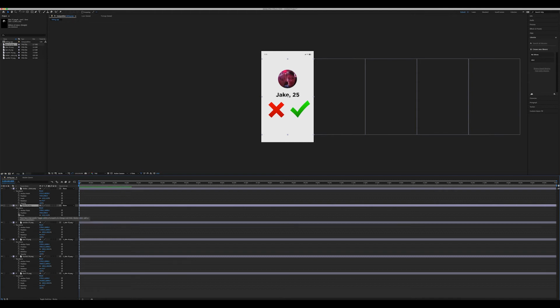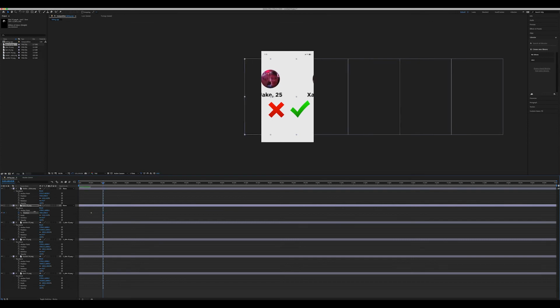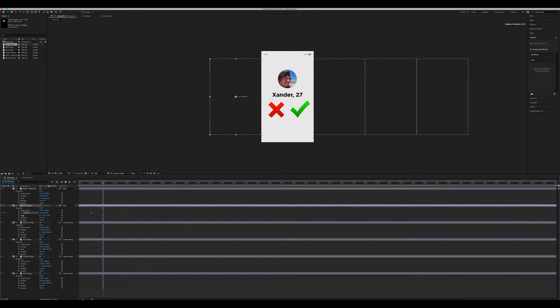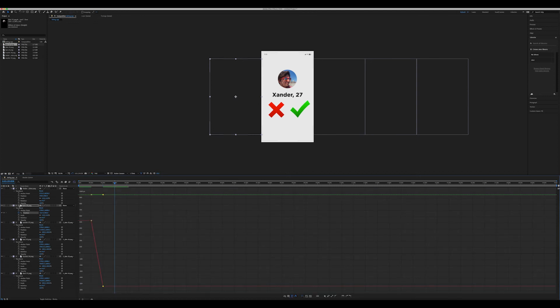First keyframe is our starting point. Second is where we want the image to go next, in our case off screen, so that we can bring on the next profile. Again, you can either drag or use the X-axis. As you can see, the motion here is very flat and doesn't match what swiping actually looks like in dating apps. So to make it more natural, click this second keyframe, go to the graph editor, select Easy Ease,